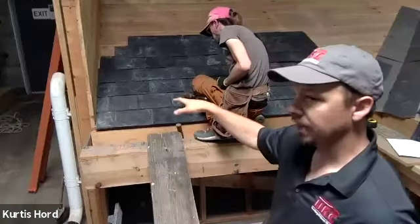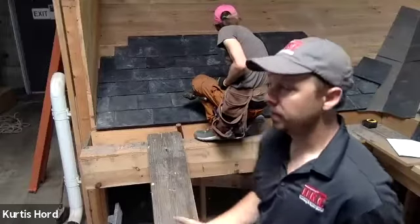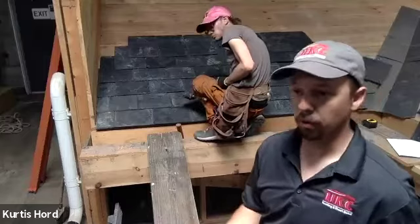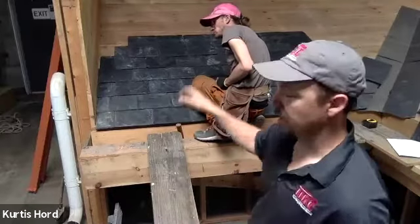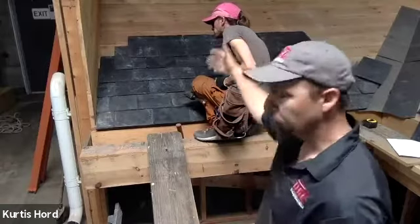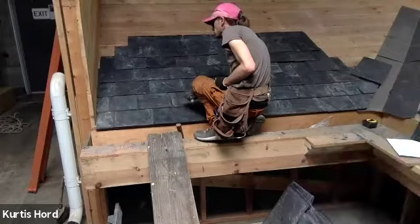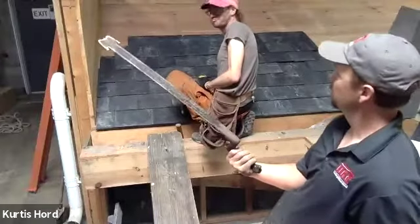What we're doing now is exactly how you would repair any broken slate on any old historic home. So if a customer called and there are 10 missing or broken slates throughout their roof, which is really common, this is the same method we would use to go about repairing those slates. We need to pull the old slate out using a slate ripper, which is this handy tool here, which has been around for